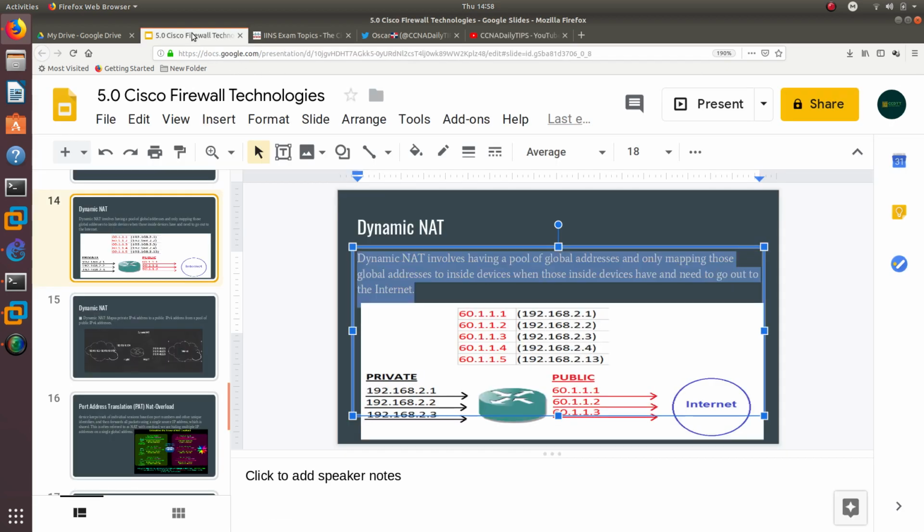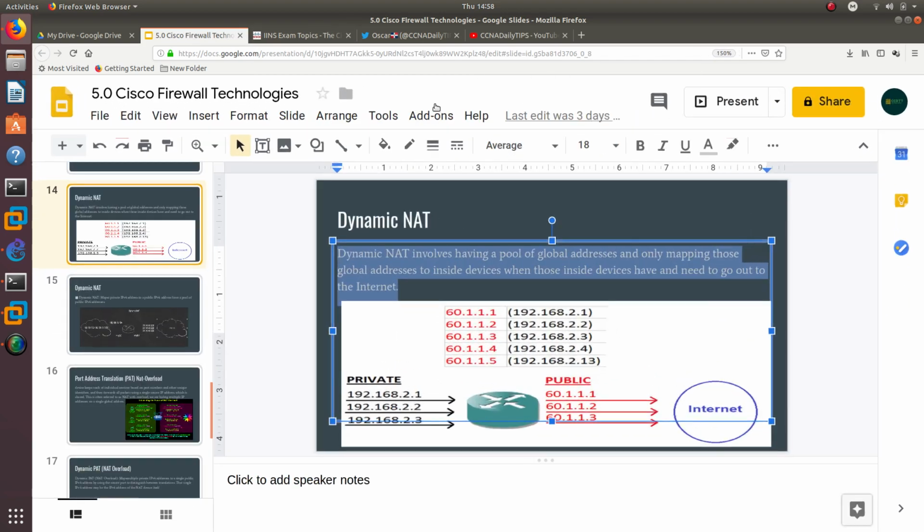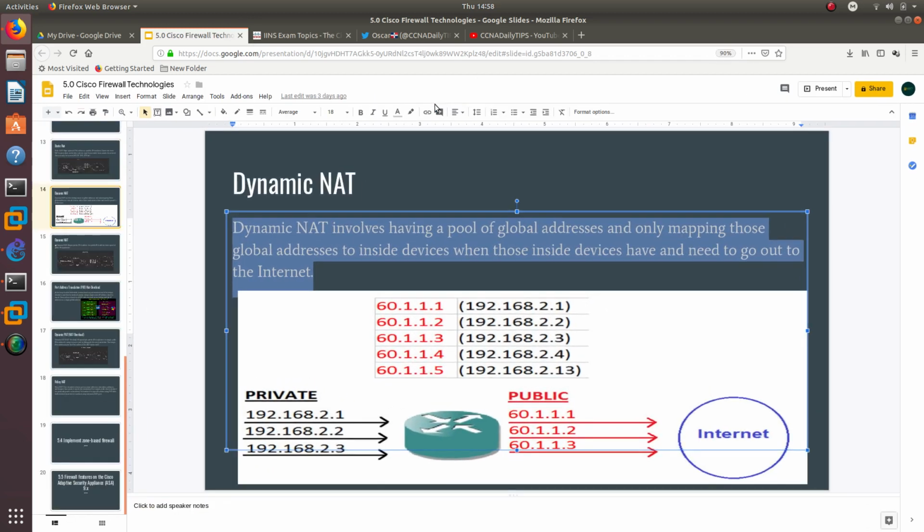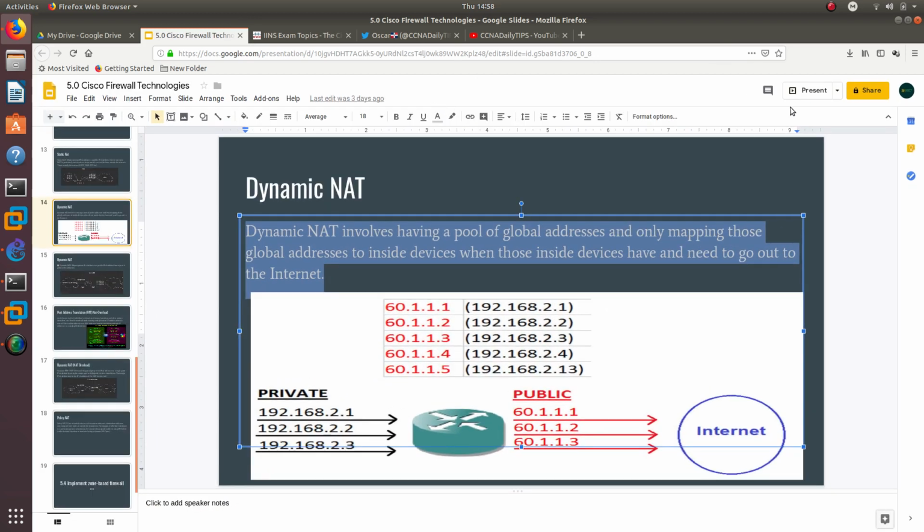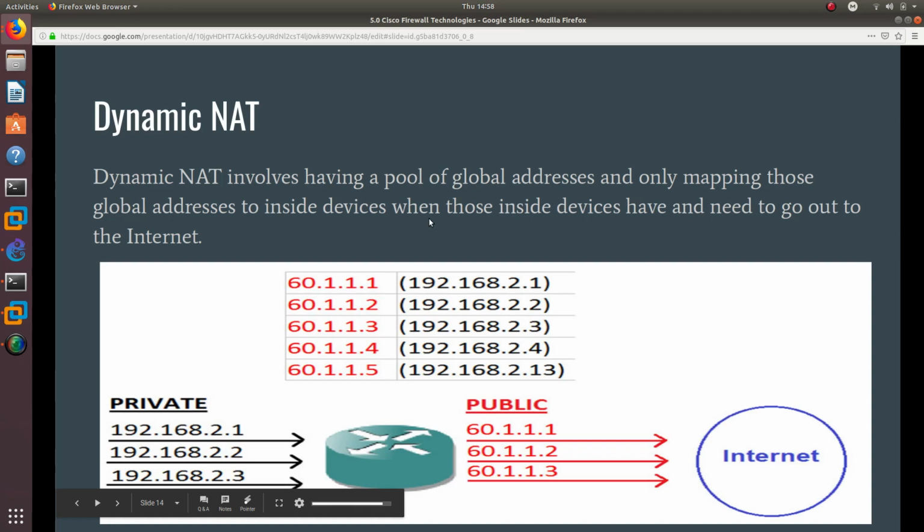Okay. So in the video before, we did not go over what NAT is and how NAT works. So I'm just going to do a real quick presentation on dynamic NAT. Dynamic NAT involves having a pool of global addresses and only mapping those global addresses to the inside devices when those inside devices have a need to go out to the internet. As you can see right here, you have a pool of private IP addresses mapping to a pool of public IP addresses,